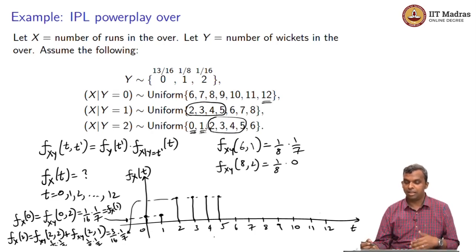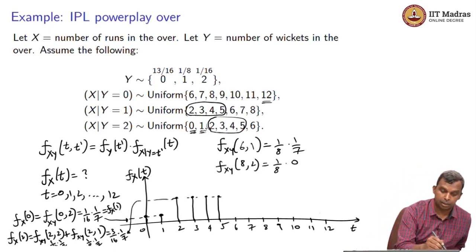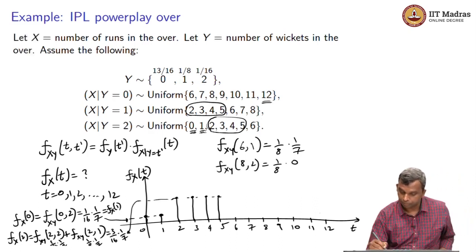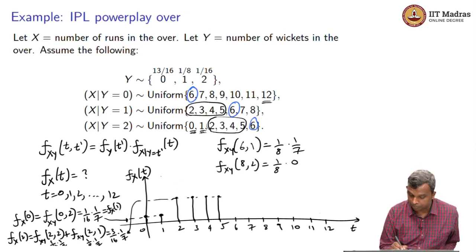So, after this things get a little bit interesting. 6, for instance, shows up here. Maybe I should do a multicolor presentation. Let us go to blue, this blue. 6 shows up here, here and here. Okay. So, if you are going to write fx of 6,